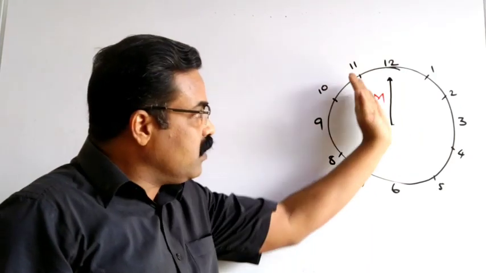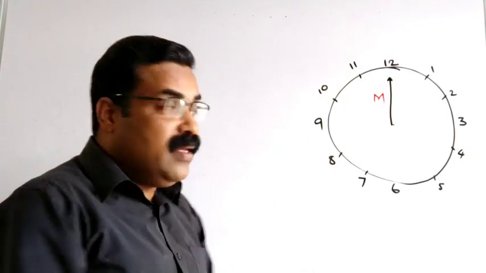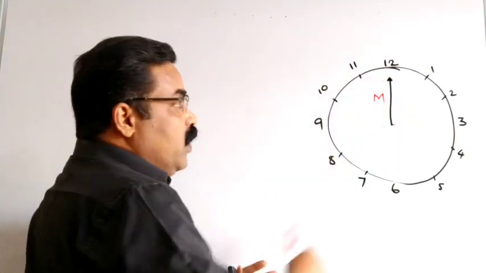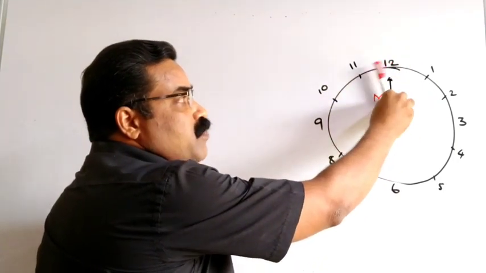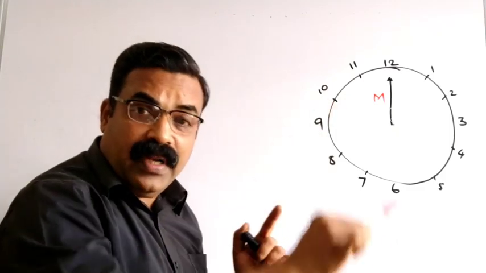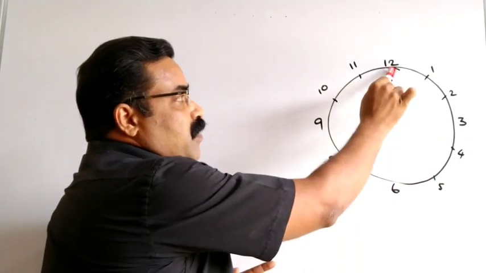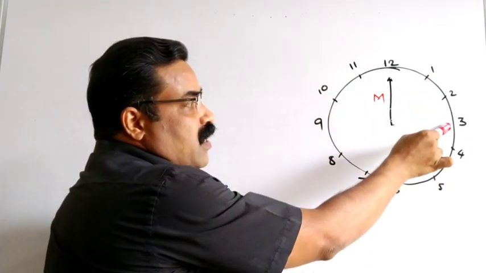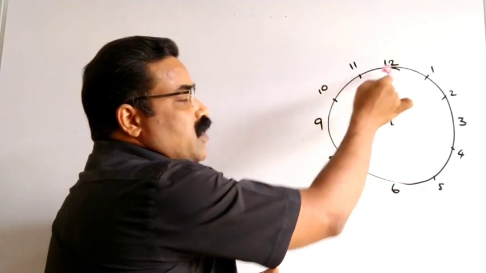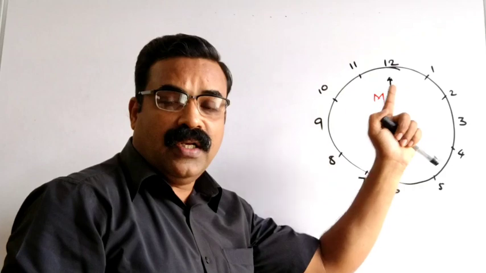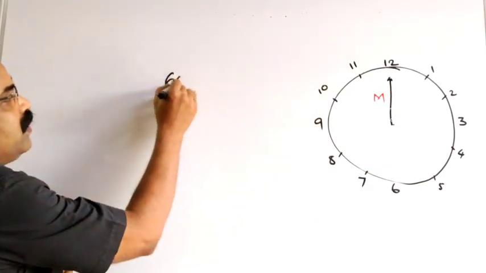When the minute hand completes one full rotation, understand very clearly, the minute hand, now it is at 12. When it completes one full rotation and comes back to 12, it completes 60 minutes. From here, 5 minutes, 10 minutes, 15, 20, 25, 30, 35, 40, 45, 50, 55, 60. So one complete rotation, it completes 60 minutes. So let us write that. So 60 minutes